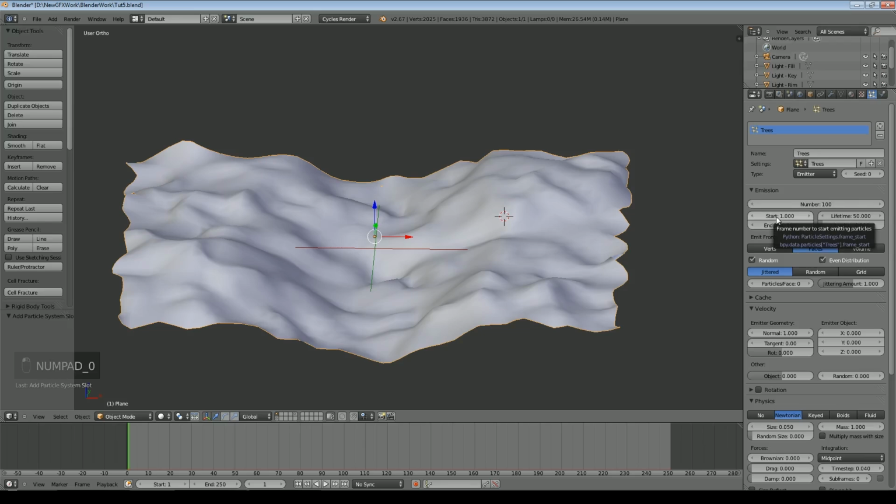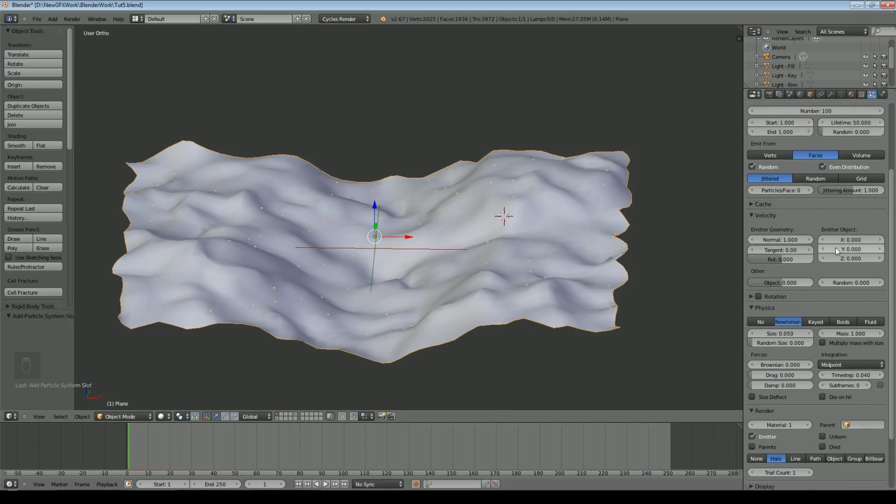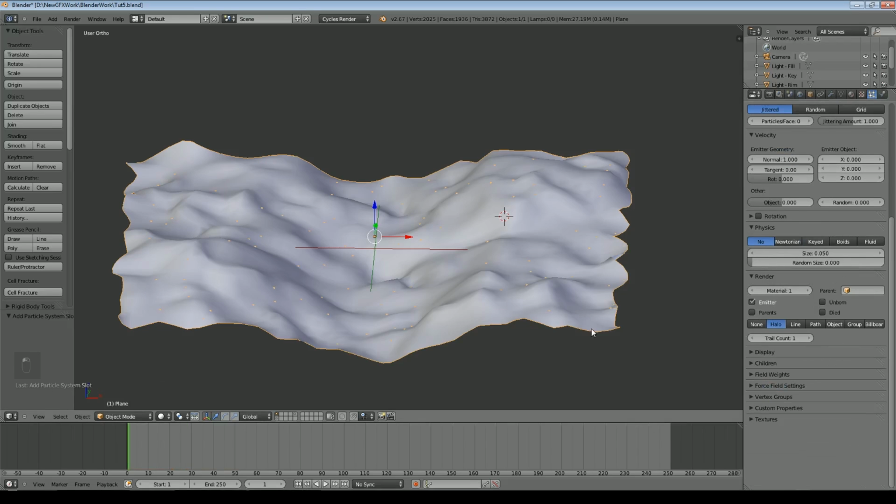Start on frame 1 and end on frame 1, and you can see now the dots have all appeared, and if I just press play, you see they'll fall through the bottom. But at the moment, this isn't an animation anyway. So then scan down. We don't need any physics, and come down to what we render, set that to group. We do want to render the emitter, so if that's not ticked, you need to tick it, otherwise your ground will disappear when you render.